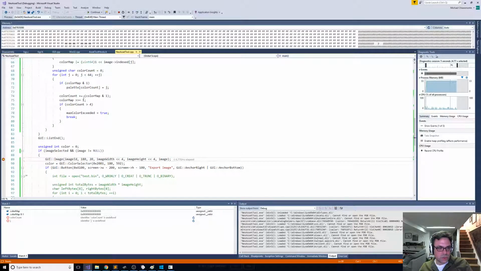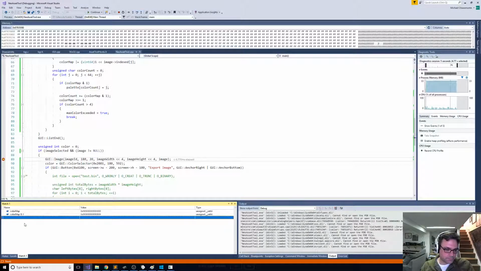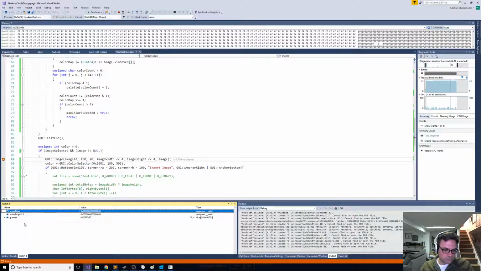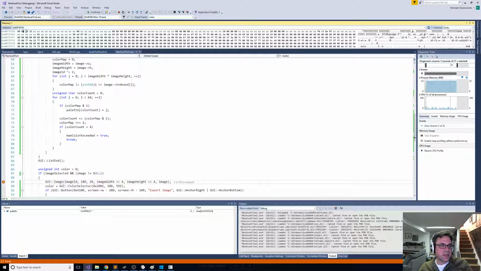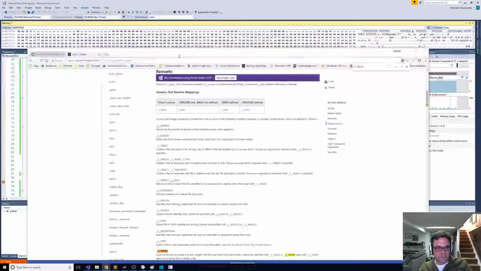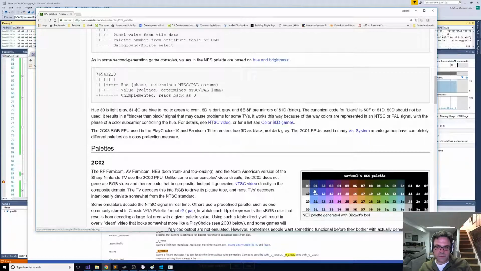So we selected the ship, and if we look at the palette in memory, we should see 4 values. So we have 0, 0D, 1, 0, and 2, 2. So let's go to the NESDev. I happen to have this open here. So we have 0, 0D,